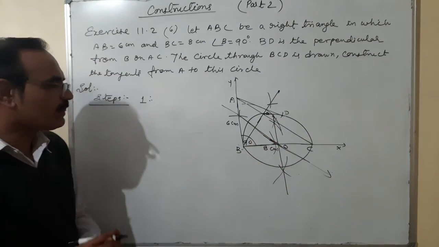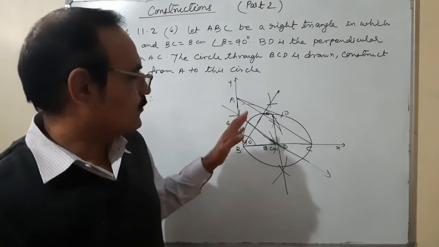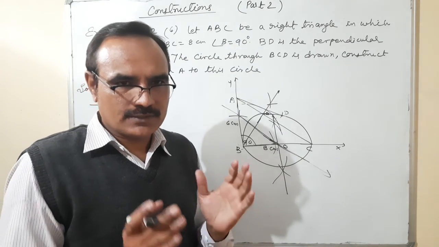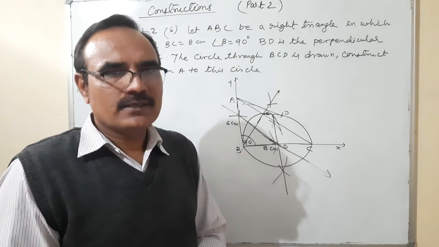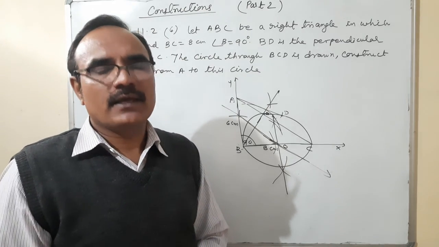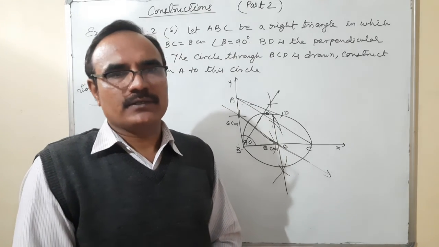Okay. So this is the most important question, in which there are 4 parts. One by one we have to solve it. First, make a triangle ABC. Second, we'll have to draw one perpendicular. Third, we are going to draw a circumcircle. And fourth one, we are going to draw two tangents from the point A.